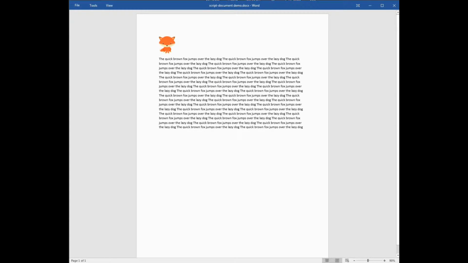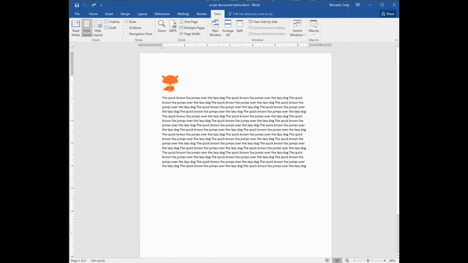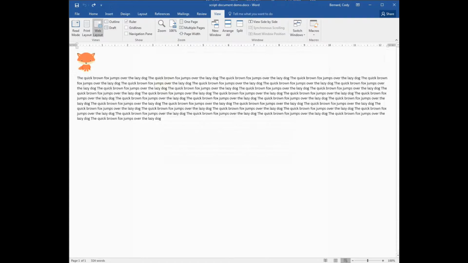The Print layout view is the default view when you open a new document. You would use Print layout view to see the document as it appears on the printed page. The Web layout view is used to conceptualize how content appears when it is published to the web. The view provides an approximation of how content appears, not an exact match. Note that Web layout view does not contain HTML coding. To convert a document to HTML, you must save it as a web page.